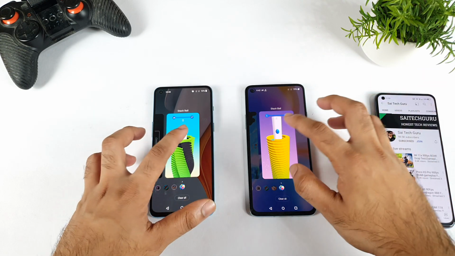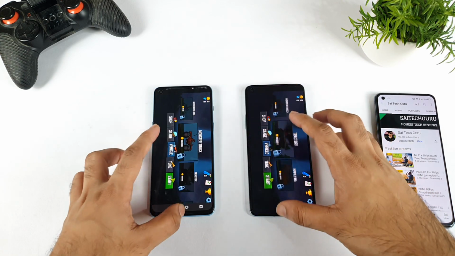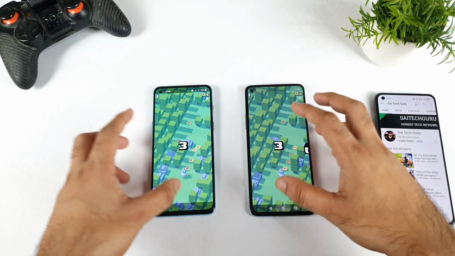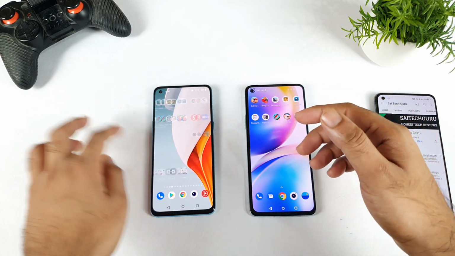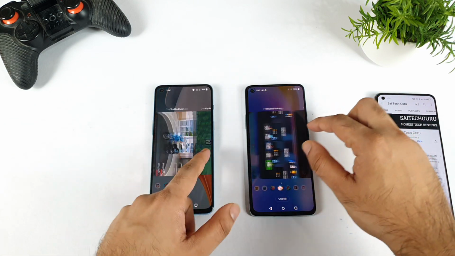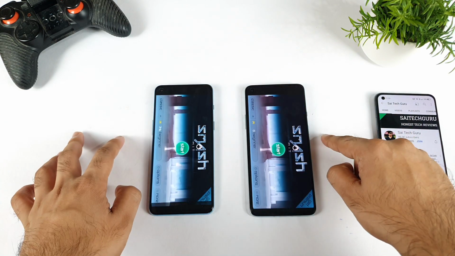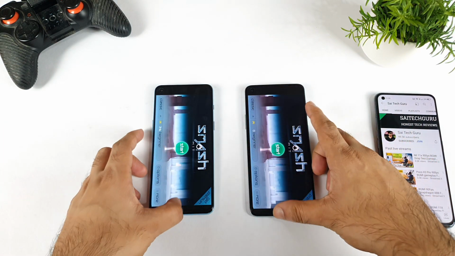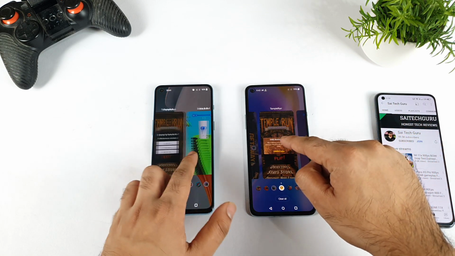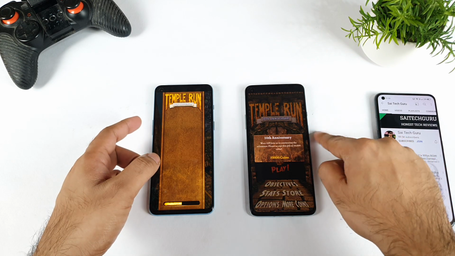Now it's time to check the RAM management. Let's start the test without wasting any time. Let's see how many games both UIs can actually keep. So see, from the same OnePlus company, but different UI optimizations and the same 8GB RAM variant and 128GB storage. Now we're going to check the 6th game, because 5 games will definitely be okay. The 6th game is also okay in the OnePlus Nord 2 and in the OnePlus 8T also. Now let's check the 7th game, which is Temple Run. Temple Run got closed in the OnePlus Nord 2, but it's open in the OnePlus 8T.